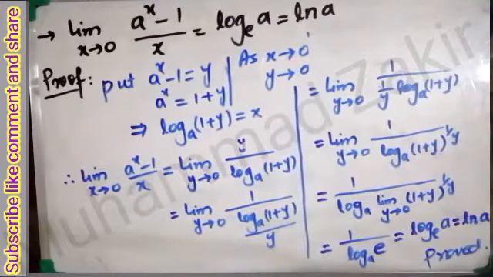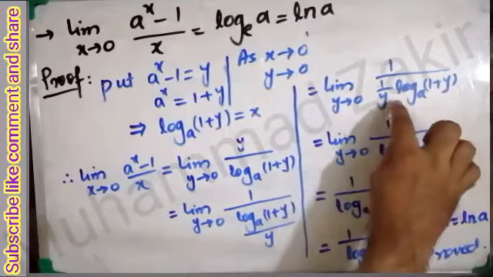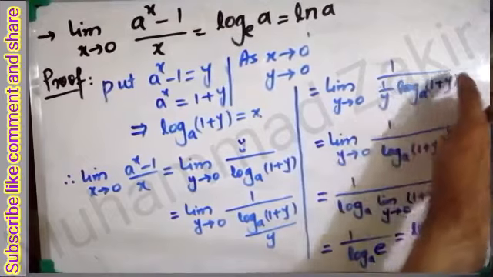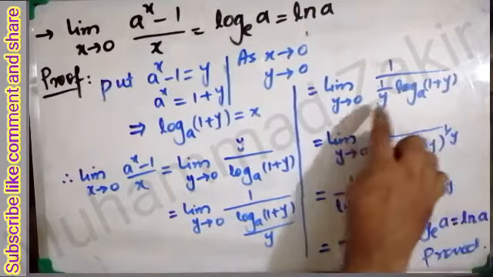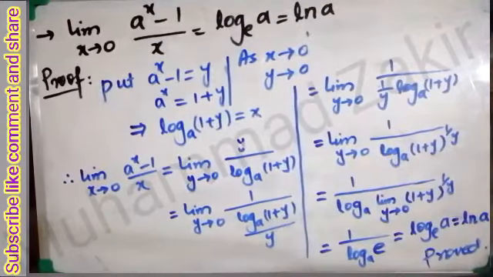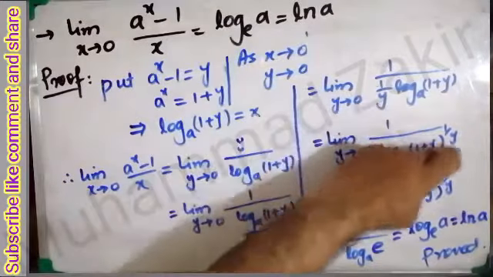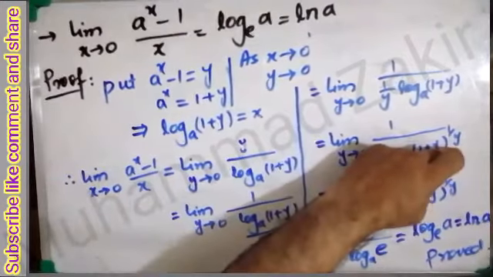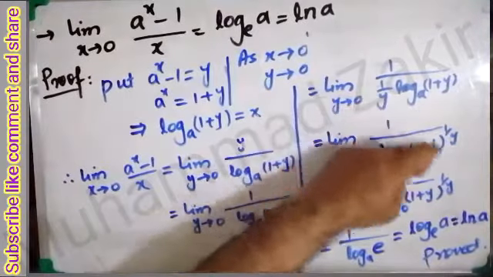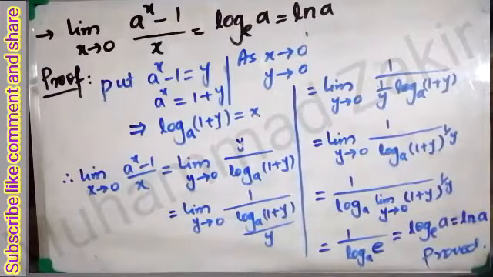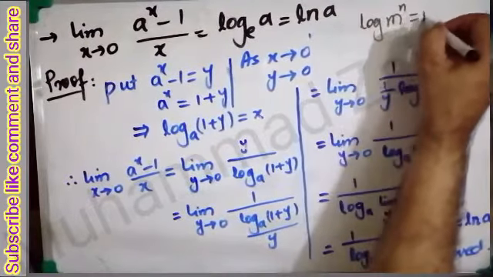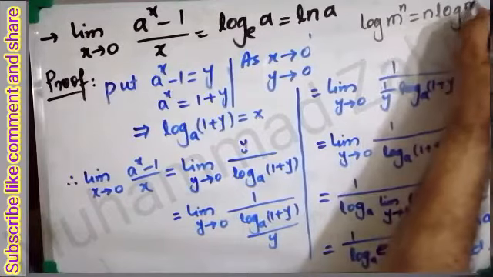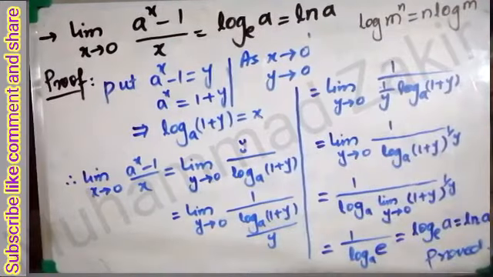फिर आप देखें यहाँ पे ये कोफिशिएंट है, कोफिशिएंट को पावर बना देगा कौन, log, और पावर को कोफिशिएंट बना देता है कौन, log। इट कैन गो बोथ वेज। अब ये कोफिशिएंट है, पावर बना दिया, पावर होता तो फिर उसको कोफिशिएंट बना देते। ये देखें ना ये एक प्रॉपर्टी है log की, क्या प्रॉपर्टी है, log m पावर n इज इक्वल टू n log m।